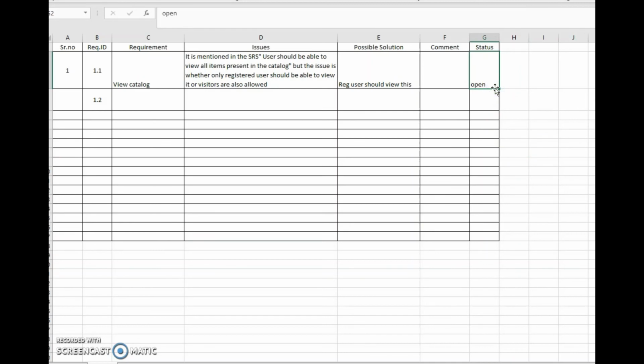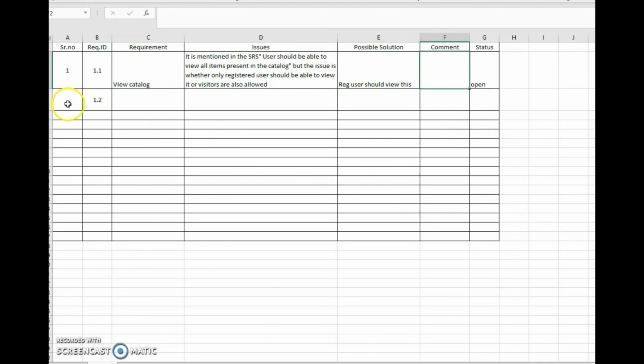then you can go and close this issue. Now there is a comment column here, obviously, because if it is not an issue, if there is an understanding gap, he might provide some comments, or if you want to provide any suggestions, you can give them in this comment column. There may be a few other columns as well, maybe reported by, reported on, updated, and so on, depending upon whatever is required, but these are the basics which would be common in all those documents.